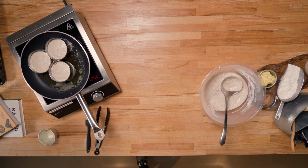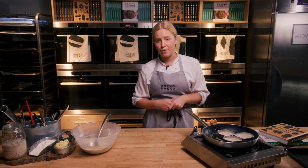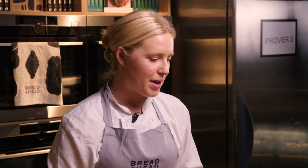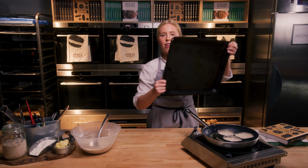So at this stage, you don't want to be tempted to turn up that heat. You've got a lot of butter and fat in the bottom of that pan, and you don't want to risk burning the bottom of your crumpets, okay? This is going to take a nice long time. Allow them to rise and the side of the ring to get hot to bake the edges of your crumpet, okay? Now I'm starting to see some bubbles there, so I'm going to go on with my tray and cover